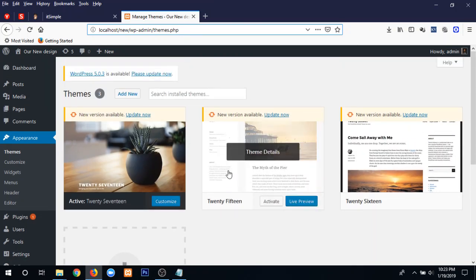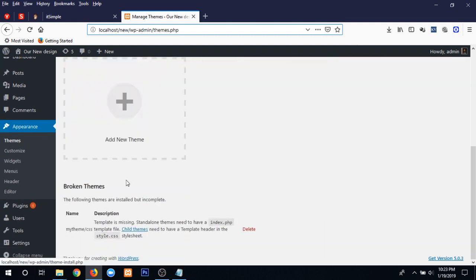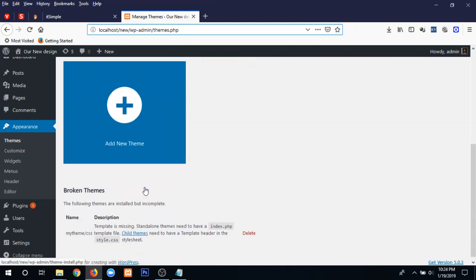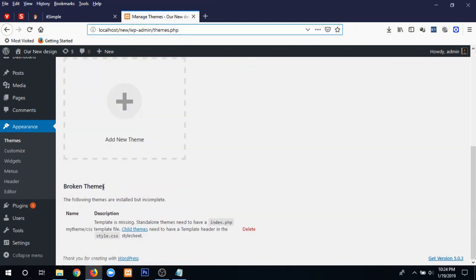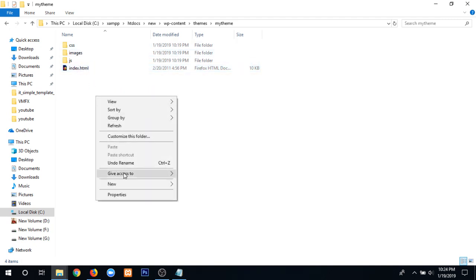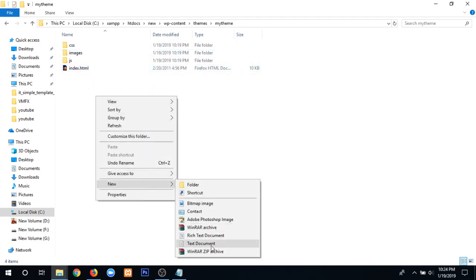Here you can see there are no themes, only broken themes. I mean, for the theme I want to create, there is no list here, only a broken themes notice. If you create an index.php file, let's go to our theme folder in our local disk. Here you can see index.html. Leave it. If you create a file like this,